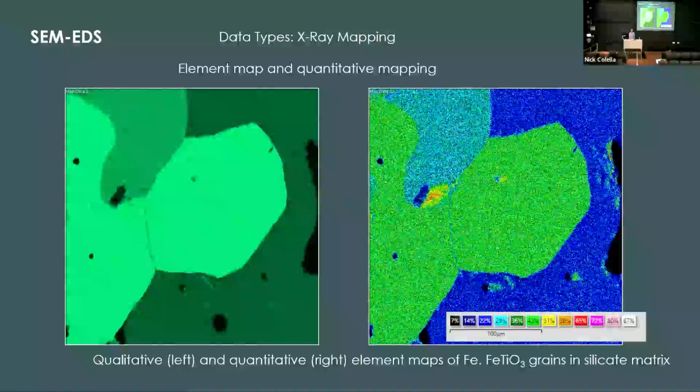However, by doing this fully quantified, we can actually convert those into numerical values, right? So I can say, okay, in the center, I have somewhere around 40% iron by weight, whereas in some of these less intense areas, it might be more like 20%, right? And so that can go a long way when you generate these for each individual element, to kind of understanding not just where the elements are distributed, but sort of what phases they're forming when they come together, right? So this is really useful for kind of characterizing multi-phase materials, especially.